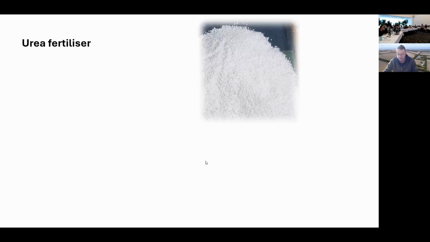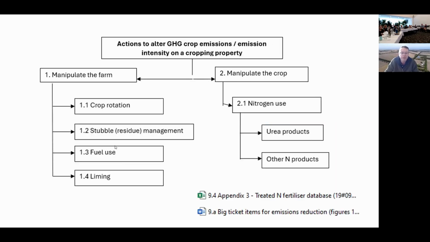I want to spend a little bit of time on the urea fertilizer stuff. I did also put one in there on fuel. If I scroll back just a couple, I did also have fuel use in there, and I've put an example in the Word doc of if we reduced our fuel across all commodities by 25%, you only got a 2% reduction in overall emissions in that example. So I focus less on fuel. It seems an obvious one, and you suspect it should be bigger, but the way the calculator works it out, it's not all that big unless you're using large quantities of it, and you can reduce those large quantities by a lot.